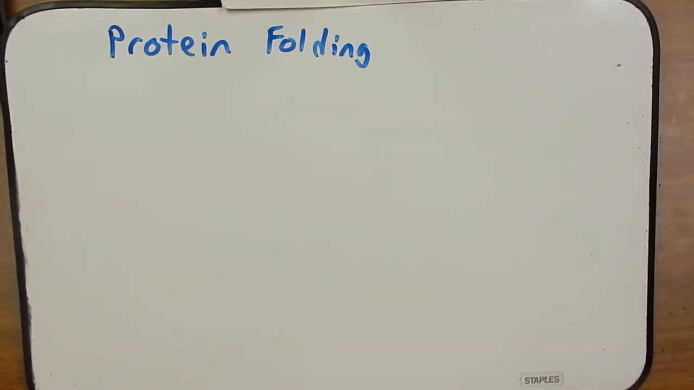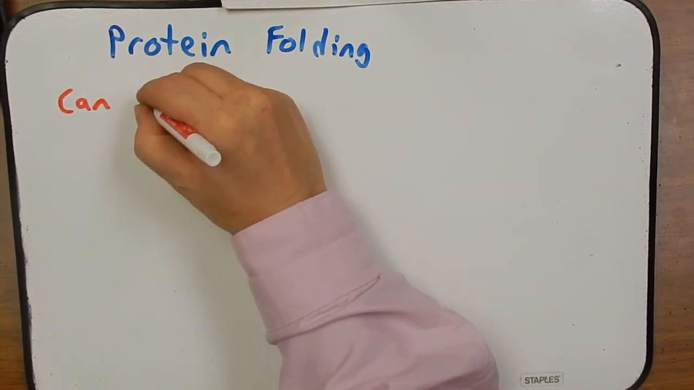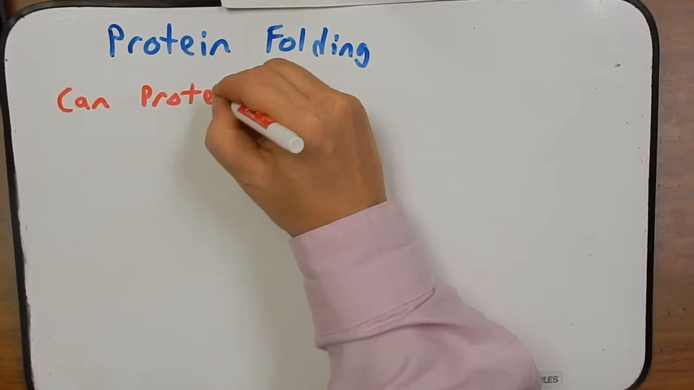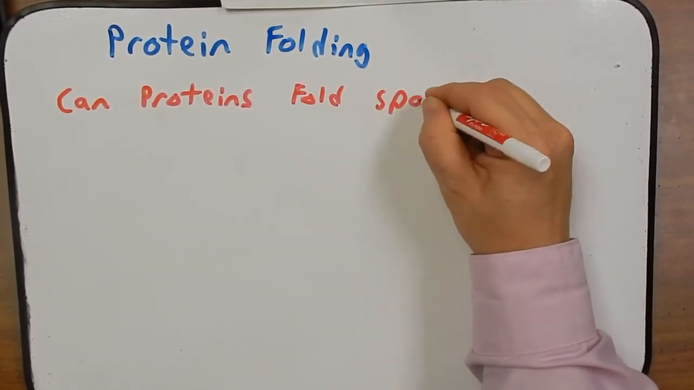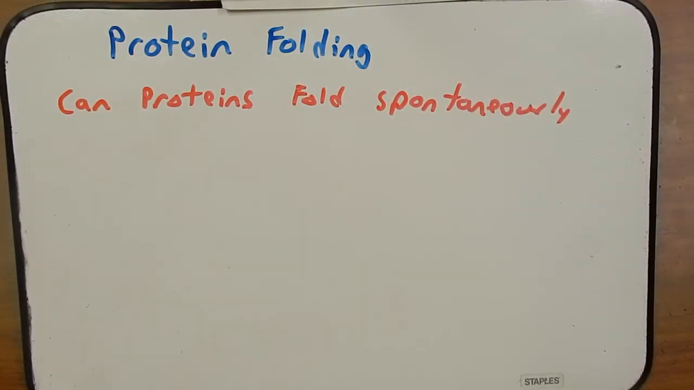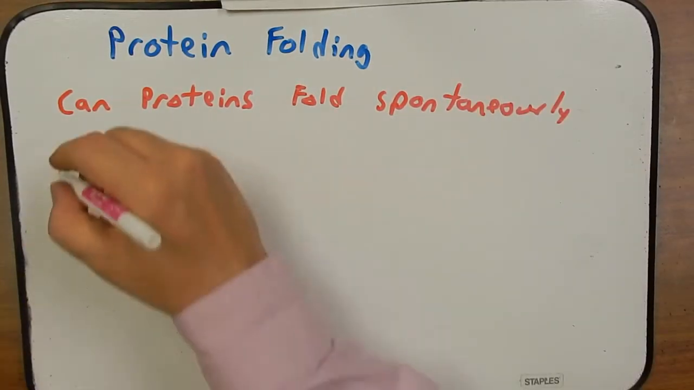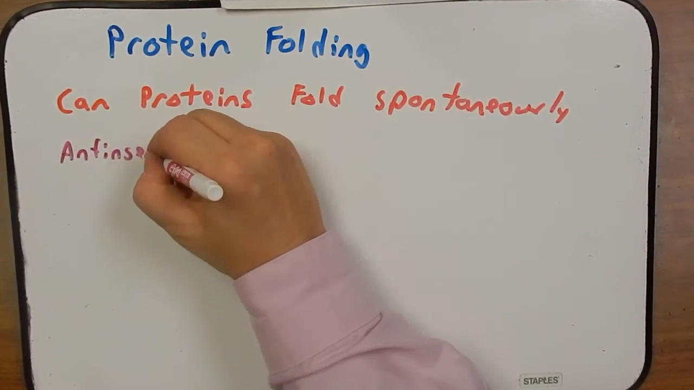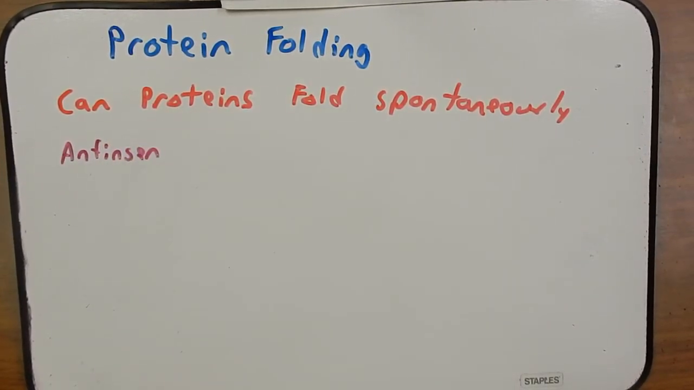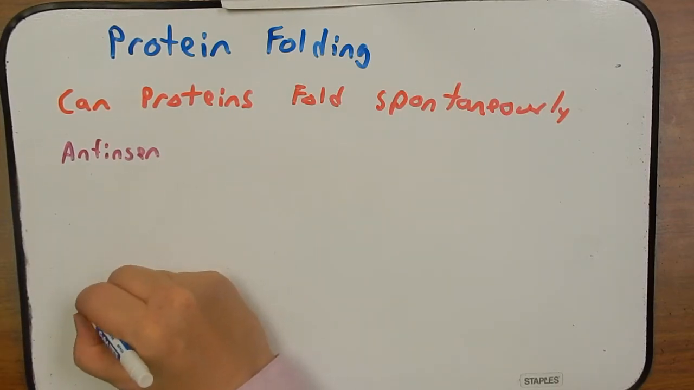As scientists began to study protein folding, one of the big questions that popped up was, can proteins fold spontaneously? Now, there was this one scientist who did a very elegant experiment. His name is Anfinsen. You don't need to remember his name, but he was the one that did this experiment, and it's a really important experiment. He took an enzyme called RNase A,